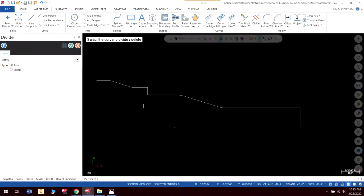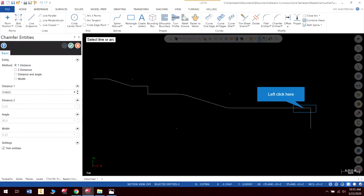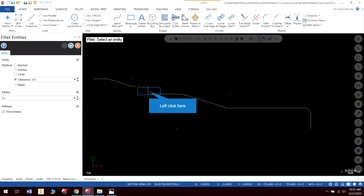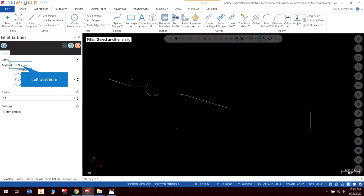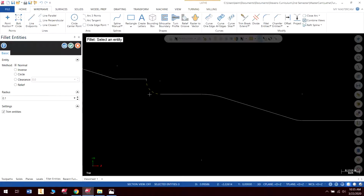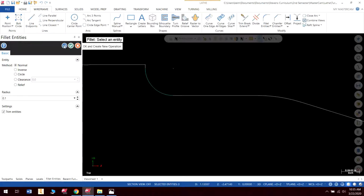Okay, so last thing I'm going to do is add my chamfers and my fillets. It looks like I have a 0.0625 chamfer, and that is already set. So I'm just going to set that and hit check. It looks like I got all of my chamfers. Now I just got to do some fillets. Okay. So let's put a 0.1 in. Oh, that's already in. So we'll use, oops, got to make sure this is on normal, otherwise it'll do weird things like that. I'm going to hit my blue check mark, and then I'm going to adjust for a 0.005